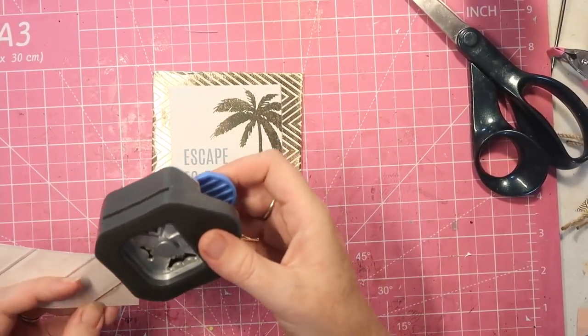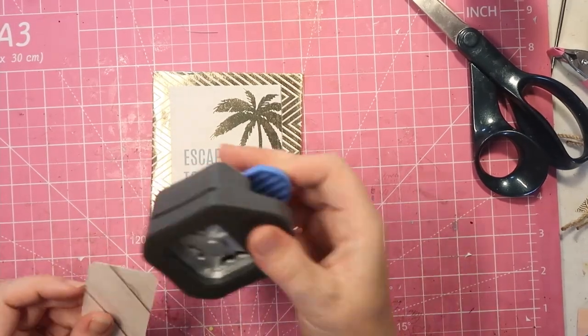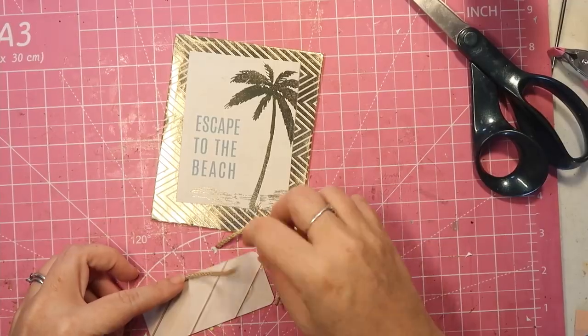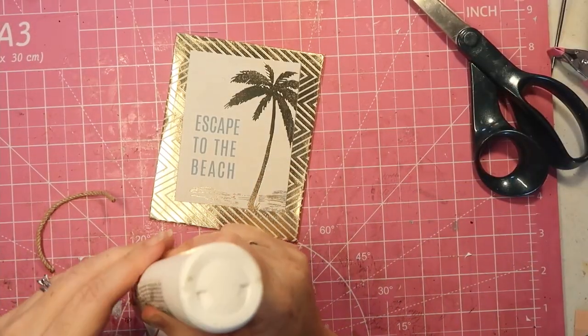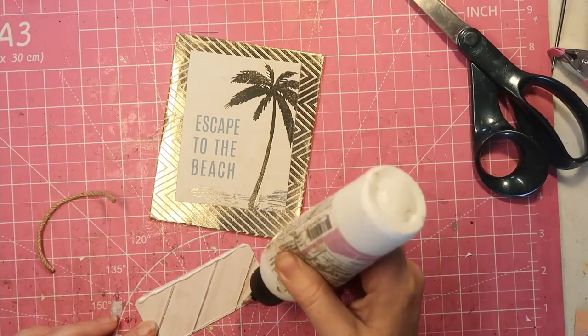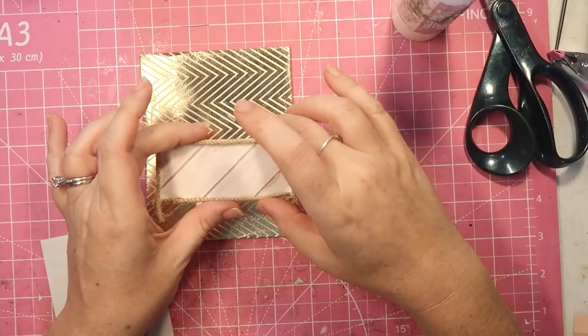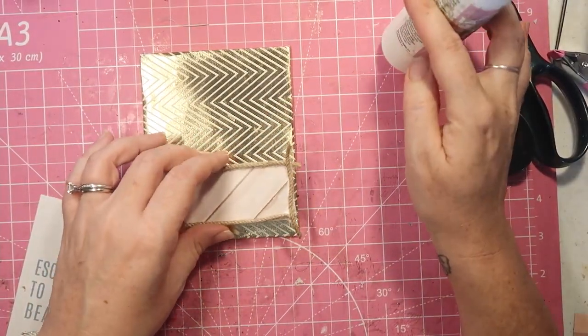Now, do we want to put the rope on there like the other one? We have these two pieces here that would fit perfect. Yeah, let's go ahead and do it. And now that we have our little rope border on this, we are going...